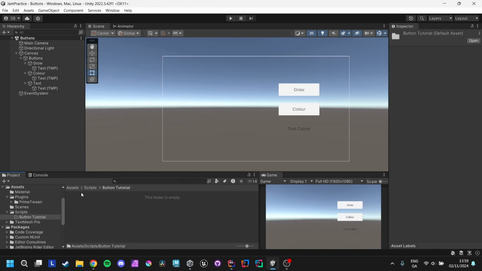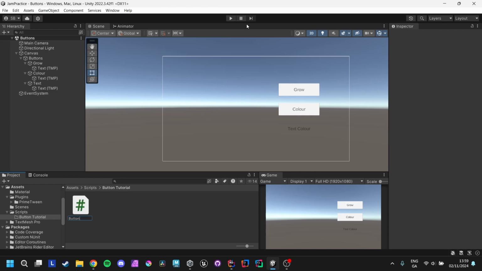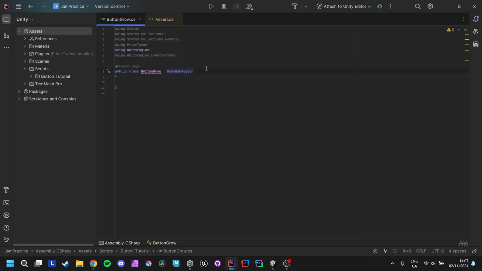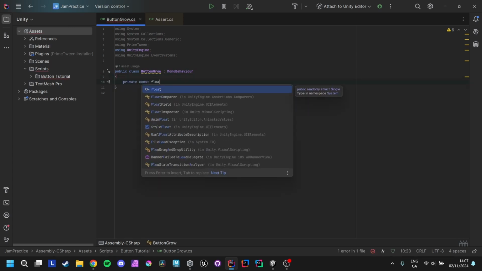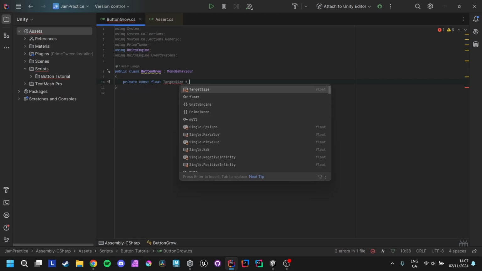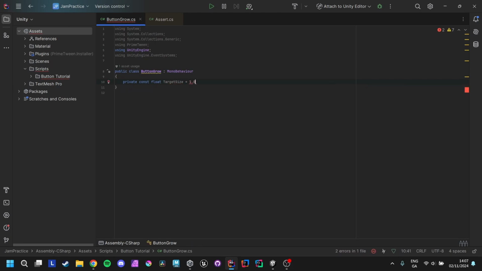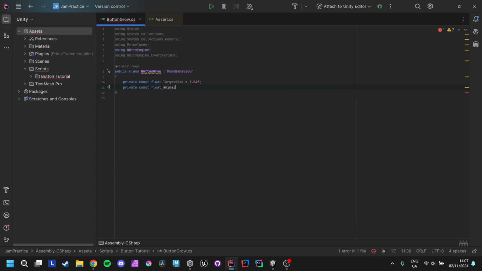So go to, if you want to keep stuff organized, I just have for the sake of this in my scripts, buttons. I'm going to create a new C# script, just call it ButtonGrow. We're gonna do the first simple thing, which is just declare our constants. So we want to do private const float targetSize and make this 1.04f, semicolon, then private const float animationDuration and make that